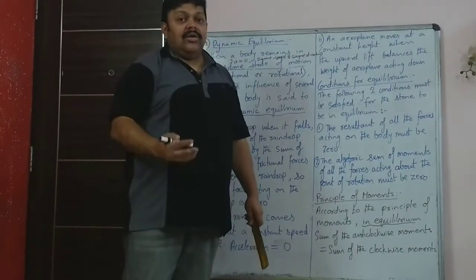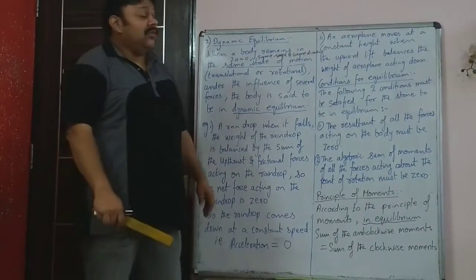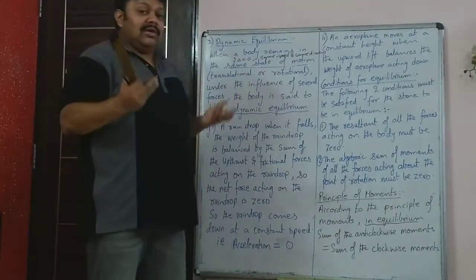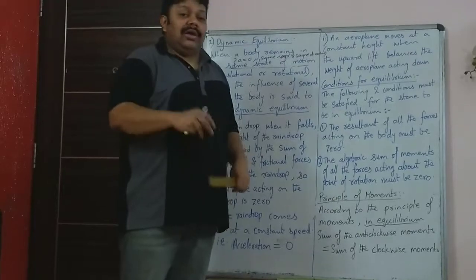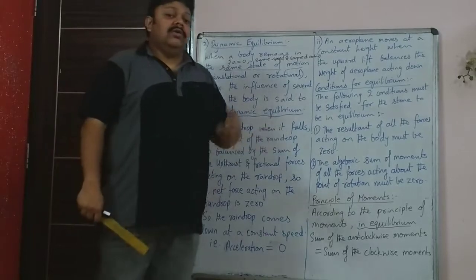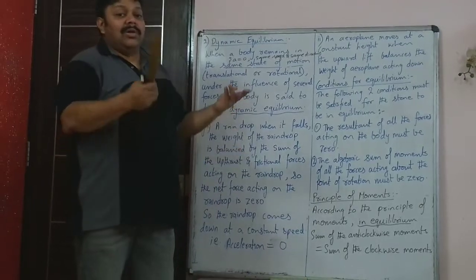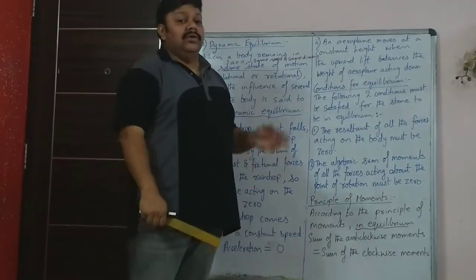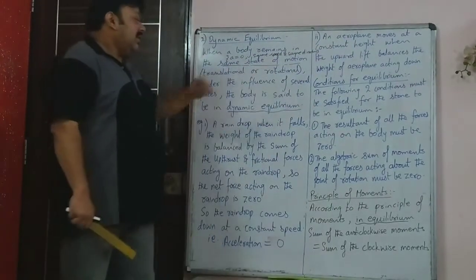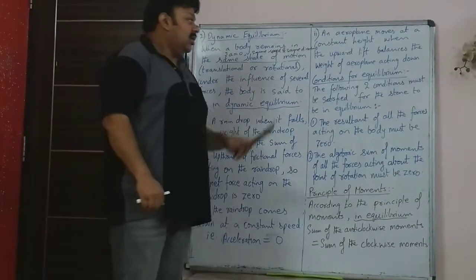So the weight is acting down and the upward lift, some force of the atmosphere and some force exerted by the engine, is helping it produce that required lift to maintain the weight. So that is why they say reduce the weight of the aircraft by not taking heavy luggage. The more the weight inside the aircraft, the more upward lift has to be produced by the engine so that it can just float in air and move distance. So that is another example of dynamic equilibrium where the airplane is not coming down or going up.